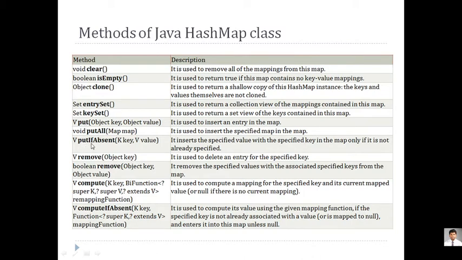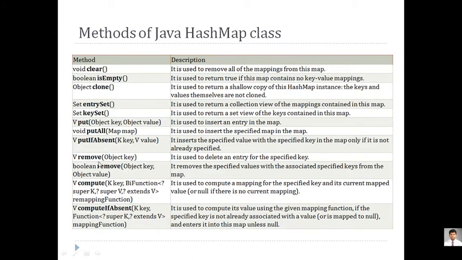Now today we'll see the example of put if absent. Put if absent is for the purpose of adding an element: first it will check, and if it is not there, then only it will be added. So it adds an element with a key which is not present in the previous hash set. So we'll go for an example of that also.